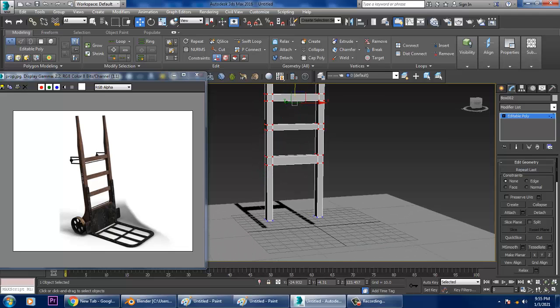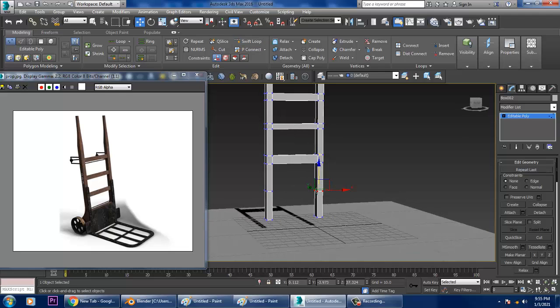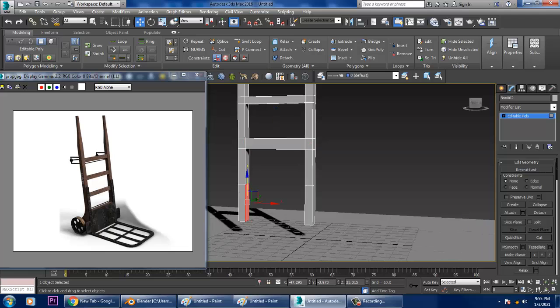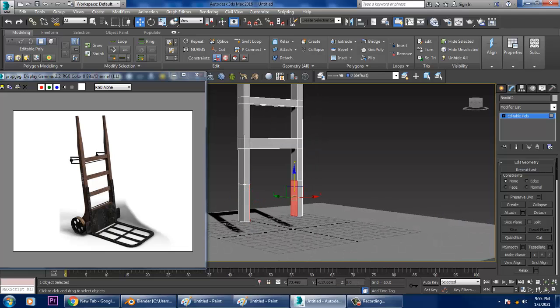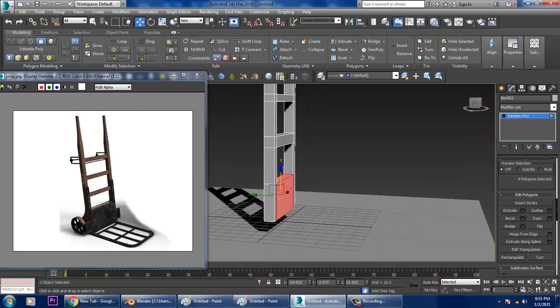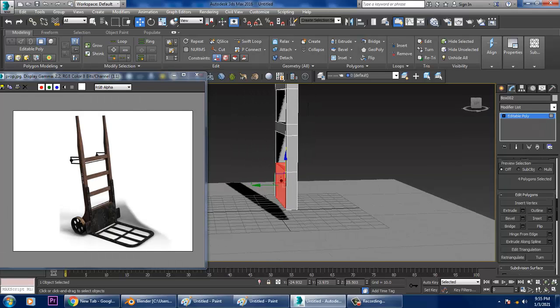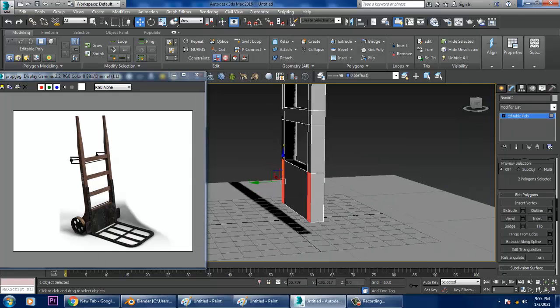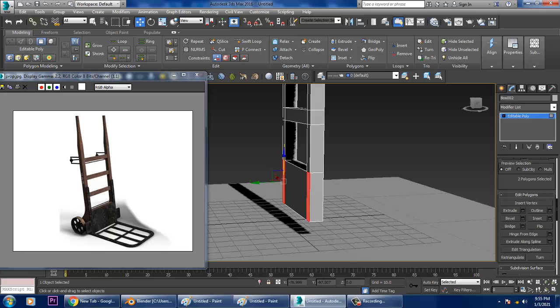So again I'll be assigning one swift loop over here, and select this polygon, and let's give a bridge option over here. So after you have assigned this bridge over here, we'll be selecting this part, and let's